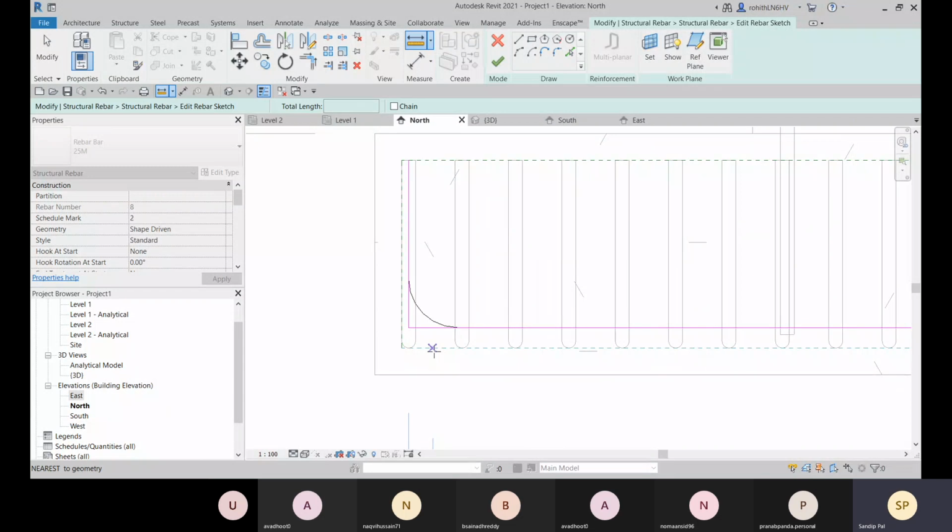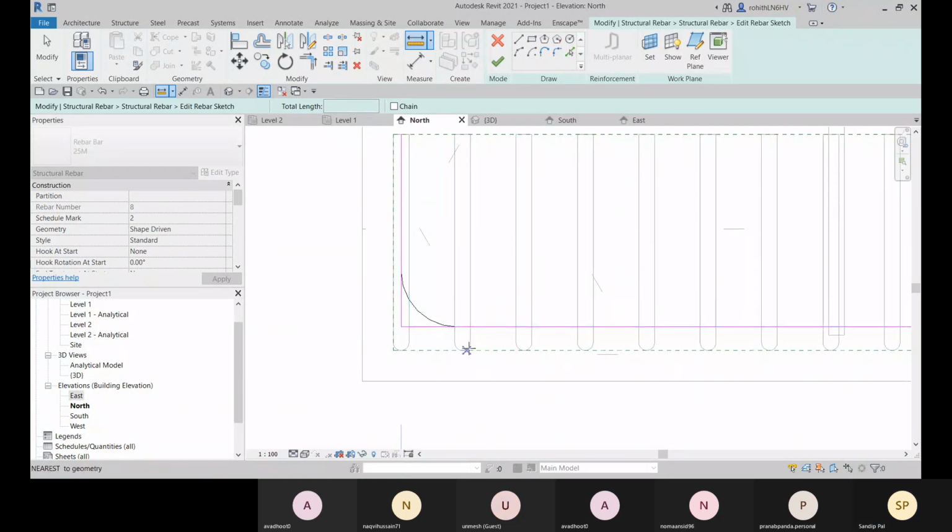So from there, it will go to this is 50, and this will go 75.4 plus 12.5, right? 75.4 plus 25.4 divided by 2 is 88.1.